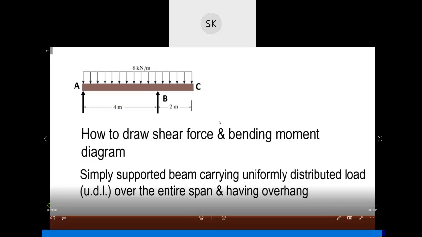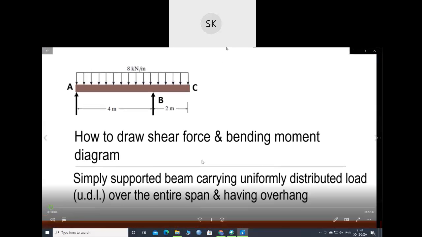In this video, we'll try to understand how to draw shear force diagram and bending moment diagram in case of